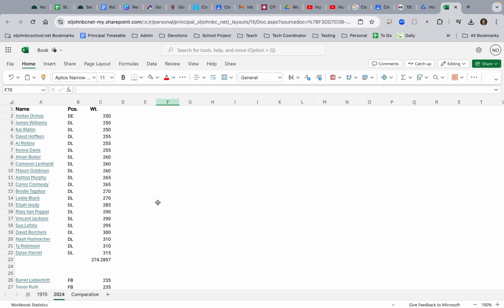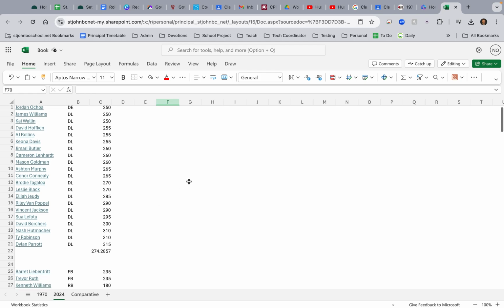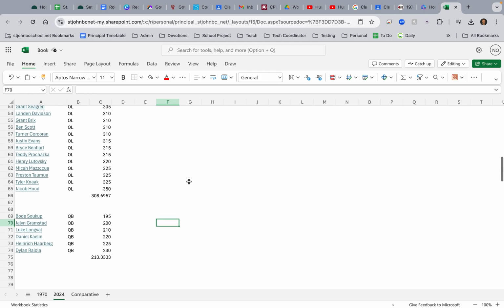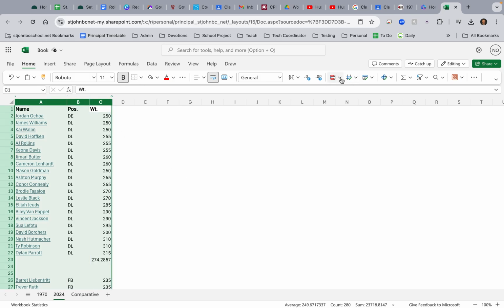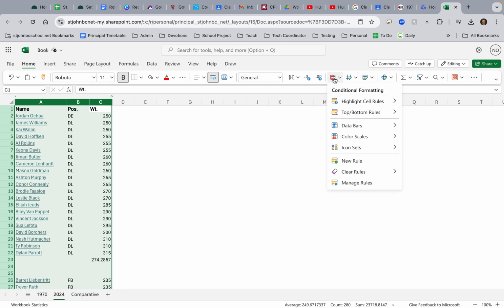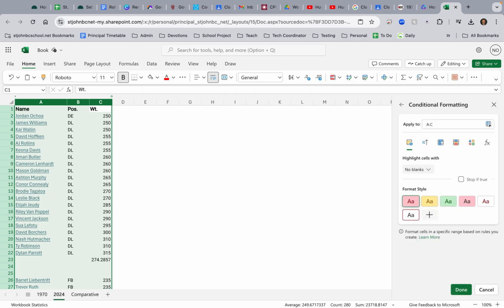I haven't done conditional formatting. I don't remember if I showed that in the other video, so I'm going to go ahead and do that quickly. Going to select all of this, and there's conditional formatting right here. And I'm going to go to color scales. Actually, I'm going to go to a new rule and apply A to C,